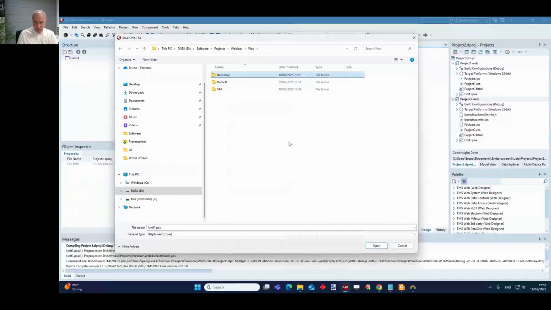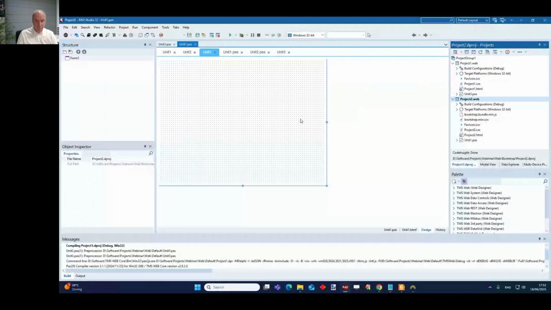Okay, and let's save all the files in that folder. So the main difference here is that by creating this type of project, you can already see two files that have been added. That is the Bootstrap JavaScript file and the Bootstrap CSS file. And that means when I now add controls on my form,